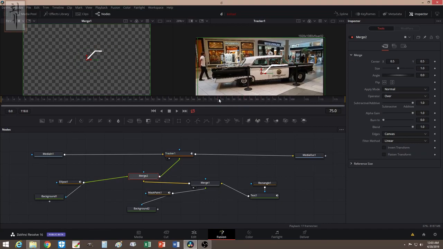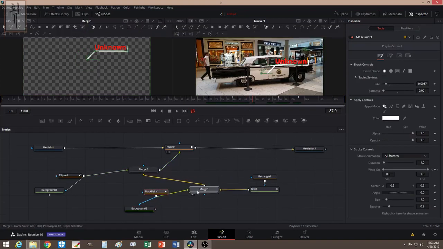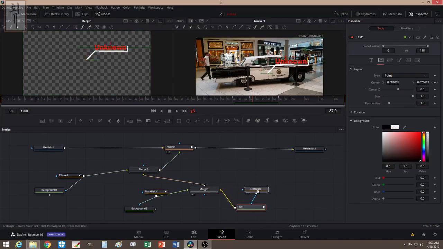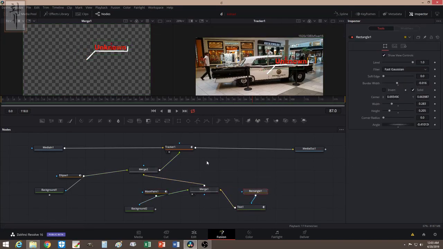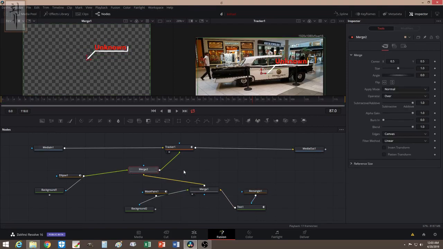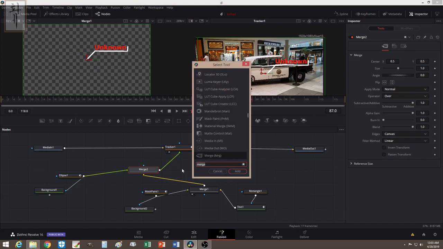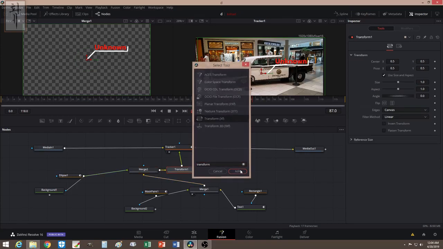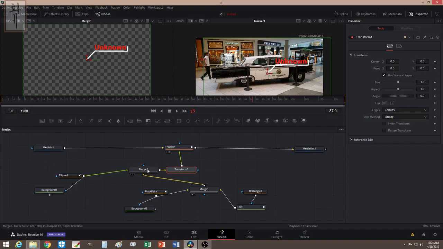Alright, but it's not at the spot where we wanted it, right? Now what we do now, let's just bring all these things here. Okay, from here you could add a transform. That way you can move things around. Say for example, let's add that in. Now with the transform,